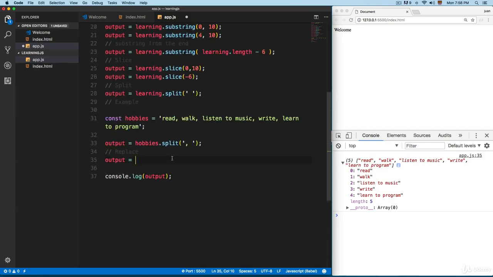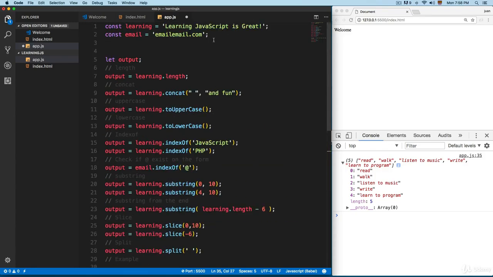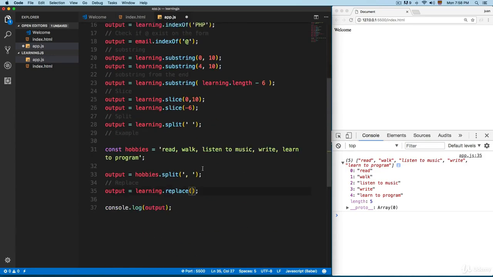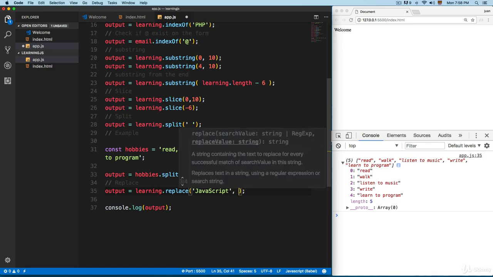It's going to be like this, learning, and we're gonna add a dot, and we're gonna replace this. Replace takes 2 parameters. The first one is going to be the keyword that you want to replace. Let's replace the JavaScript keyword. And we're going to add single quotes JavaScript. And then the second parameter is going to be the text that is going to replace JavaScript. So we can add modern JavaScript